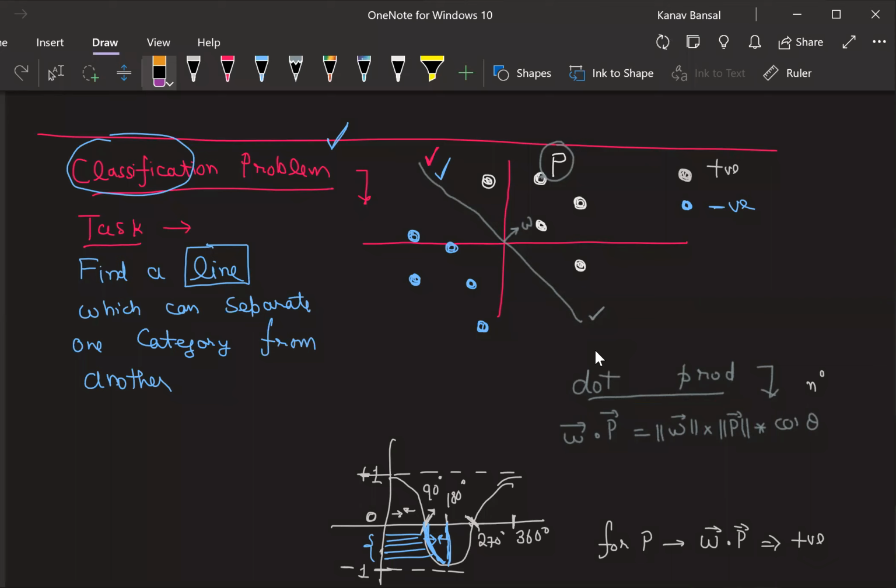How is P positive? See this thing, right? It is a length. Can height be negative ever? Samyak, tell me one thing, can height be negative ever? No, right? Similarly, can length be negative? No, right? So this is nothing but the height or length of P, the P vector's length, right? So that's why it is going to be a positive value.